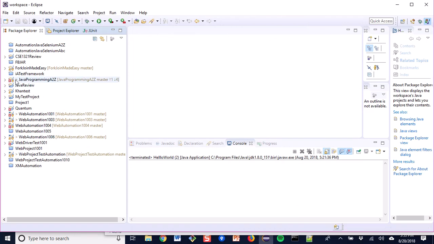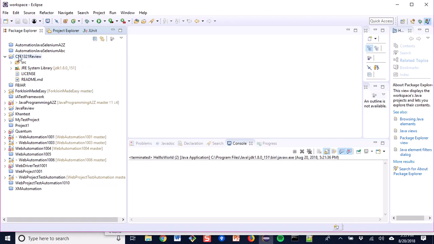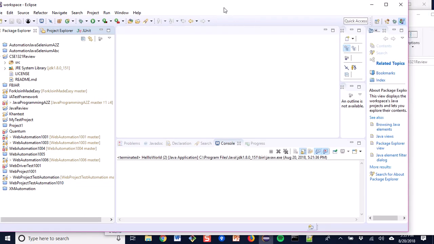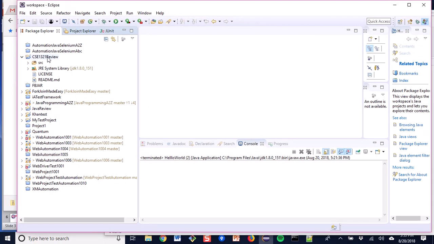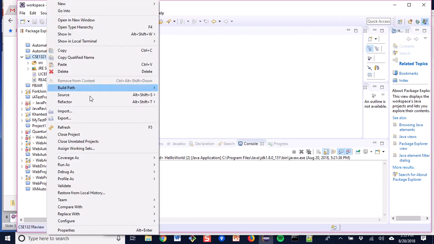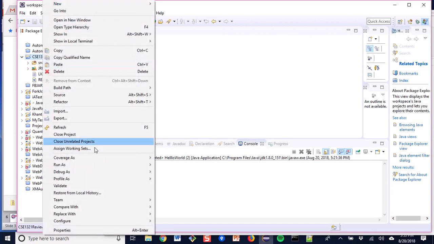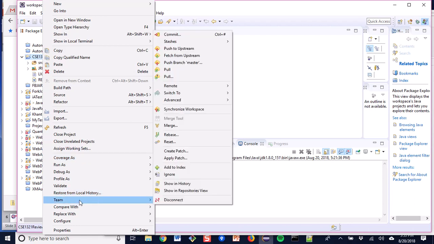As soon as I finish, it will come up here, and within a few seconds it will show me the integration with the GitHub repository. So if I refresh it,